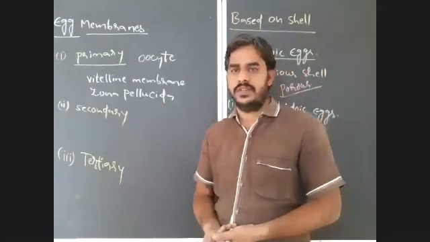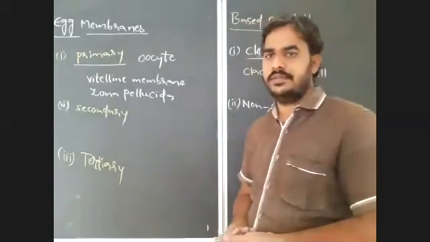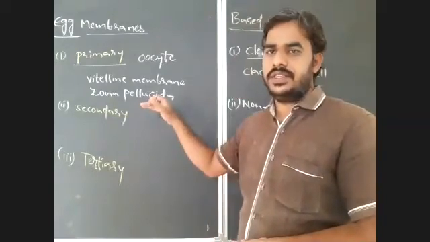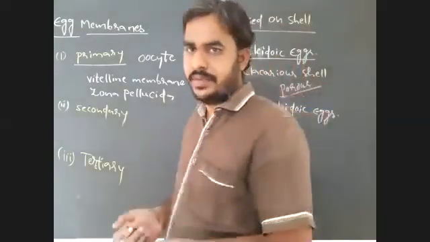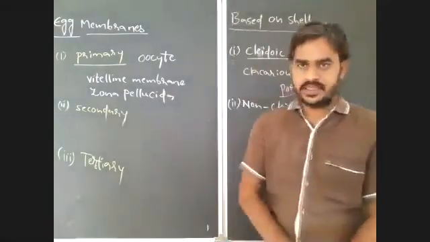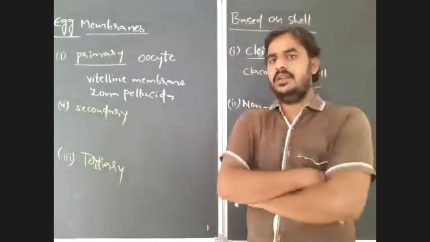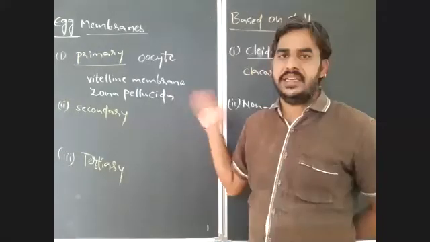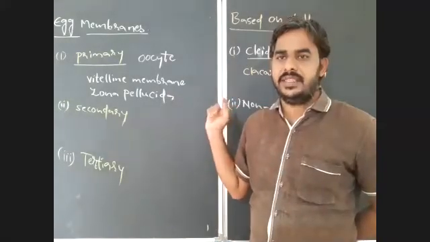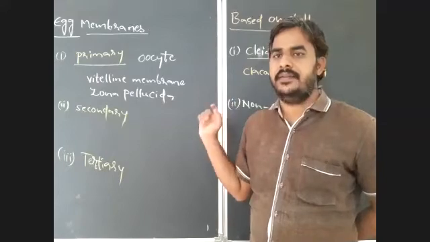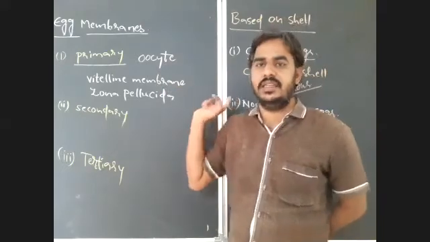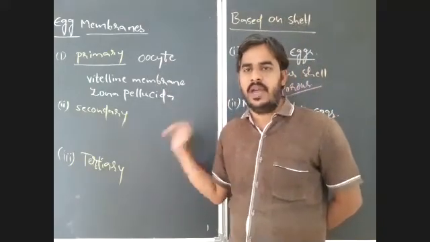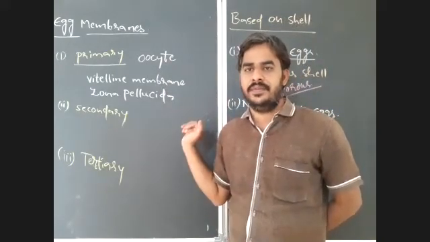Sorry for the disturbance, students. Observe here, we are discussing egg membranes. There are three types of egg membranes present in the eggs of animals: primary egg membranes, secondary egg membranes, and tertiary egg membranes. What is the primary egg membrane? The egg membranes which are secreted by the oocyte itself are known as primary egg membranes. And what are secondary egg membranes? The egg membranes which